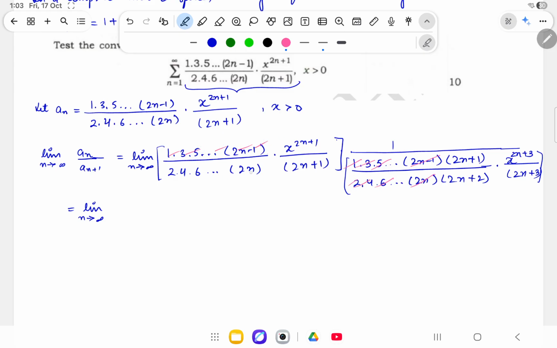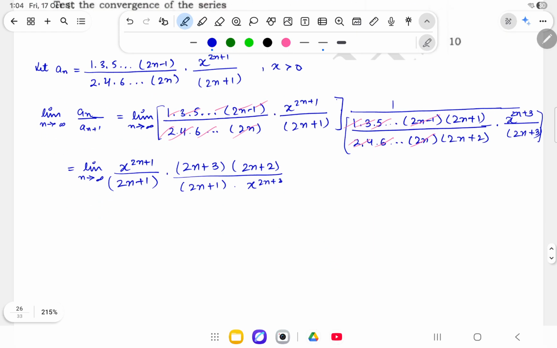So we'll be left with x raised to 2n plus 1 divided by 2n plus 1 times 2n plus 3 into 2n plus 2, divided by 2n plus 1 into x raised to 2n plus 3, and it simplifies to the limit as n approaches infinity of 1 upon x square,